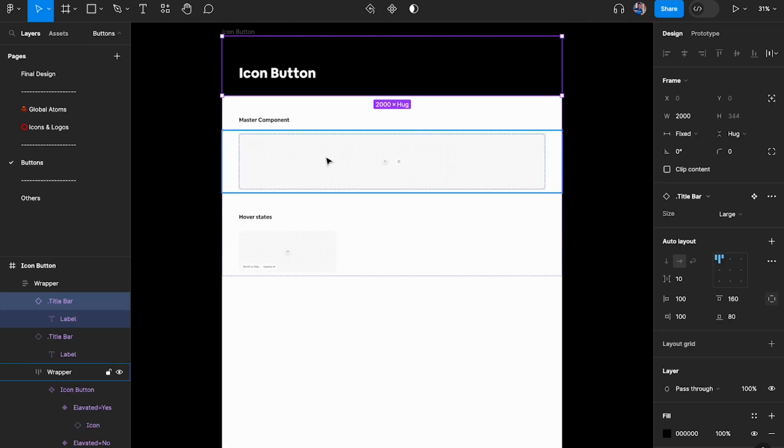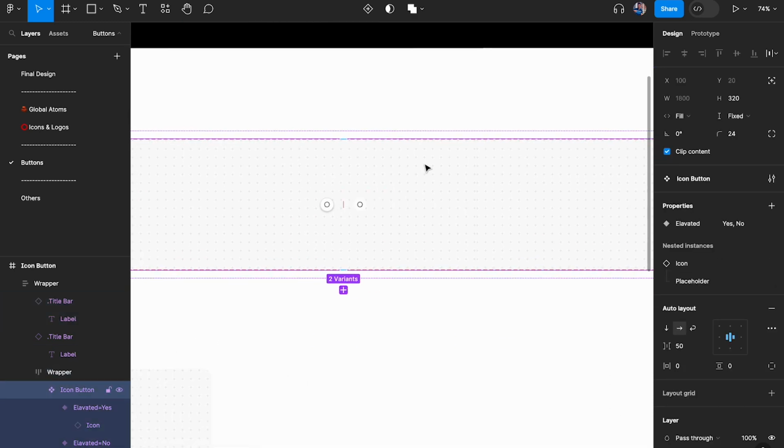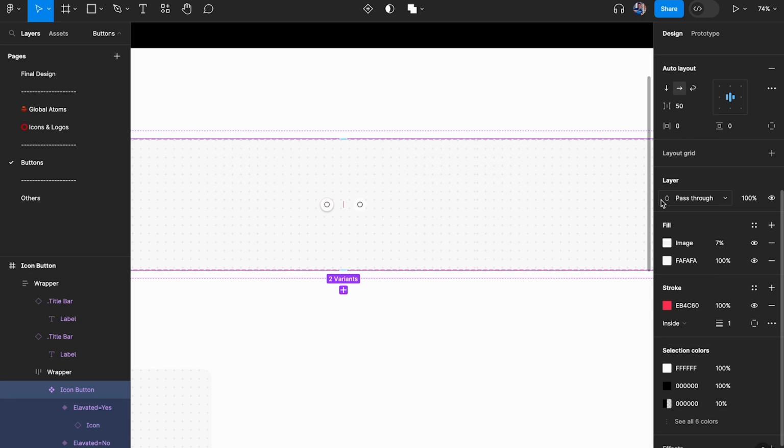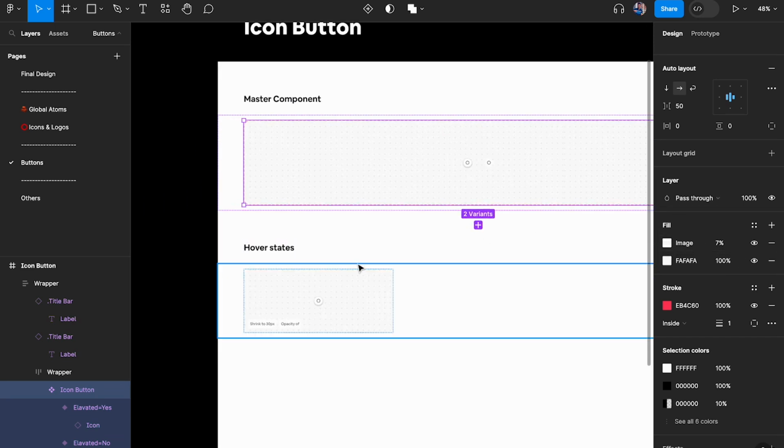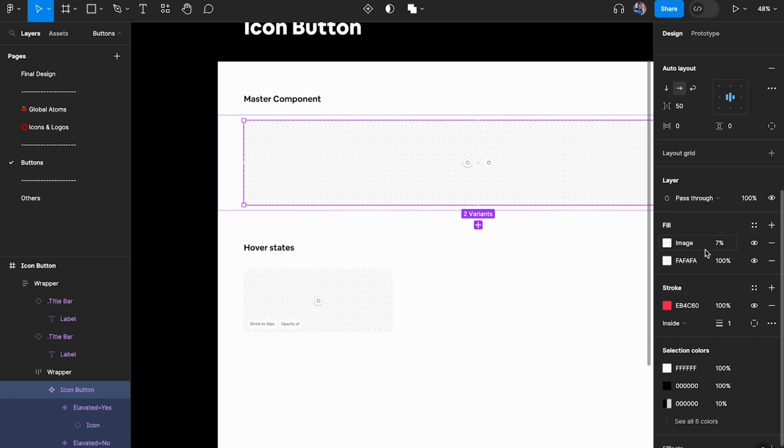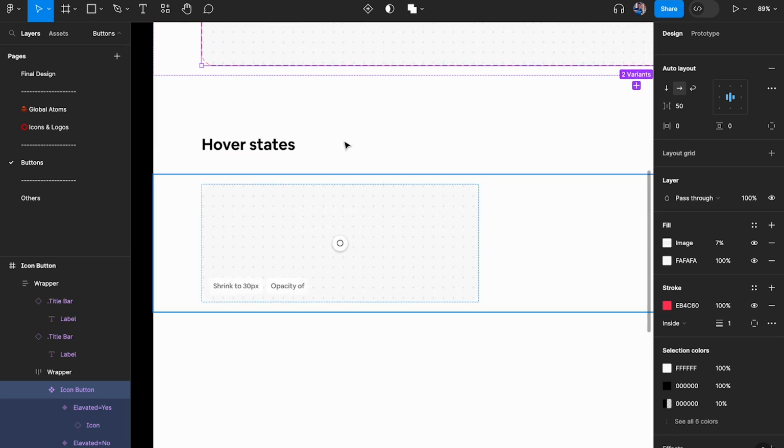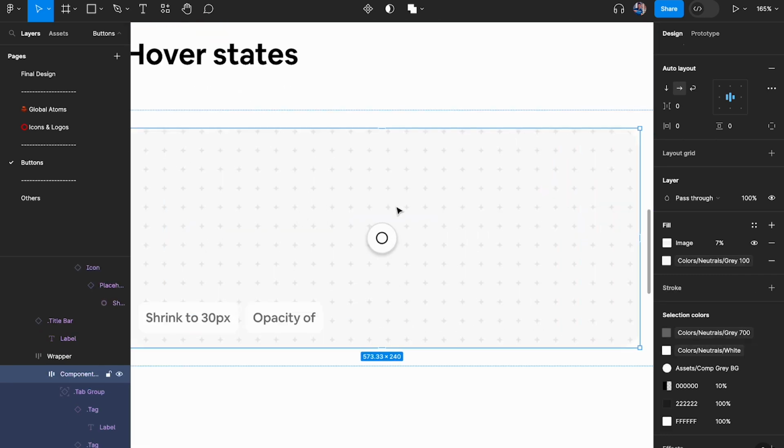And here, coming down to the buttons, I've created the master component, documented it really nicely, and polished it with some nice images and background color. Of course, no text styles or color styles are applied anywhere at the moment. We're going to create all of them later, but for now, we're just going to create the icon button. And I've also created the hover state. Now we know that this button, when I tap on it, is going to shrink to 30%,